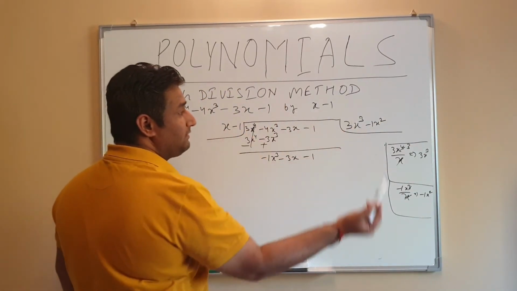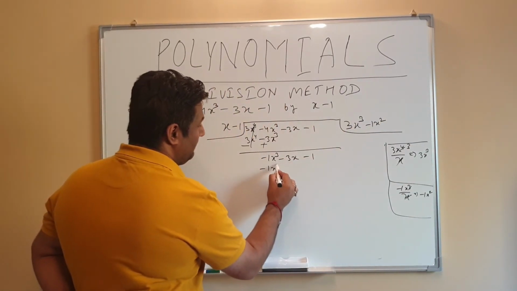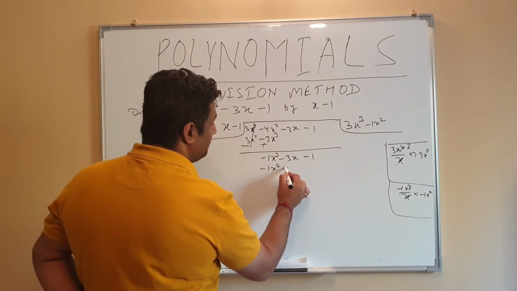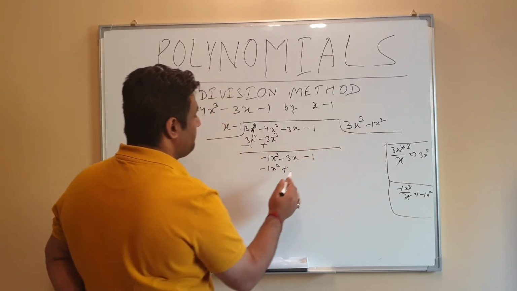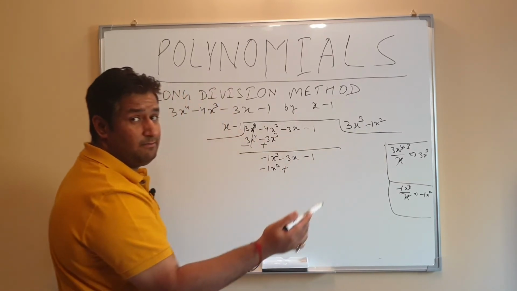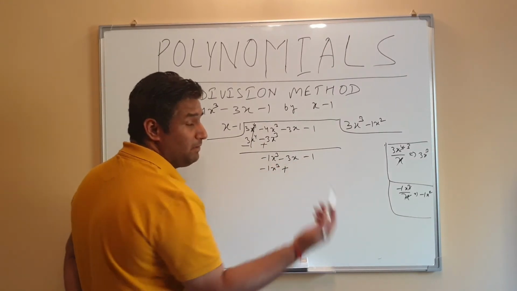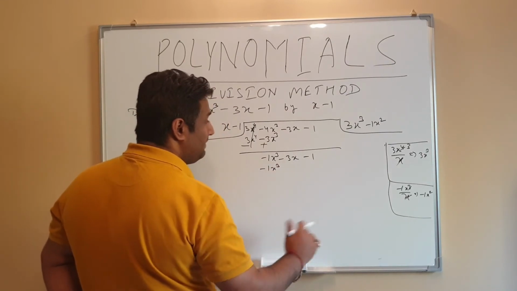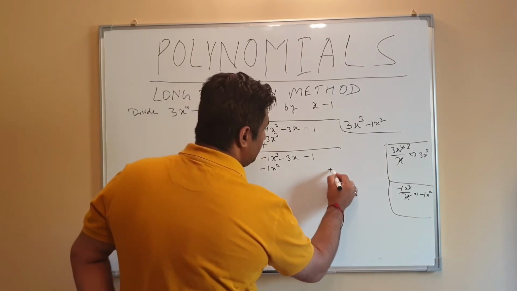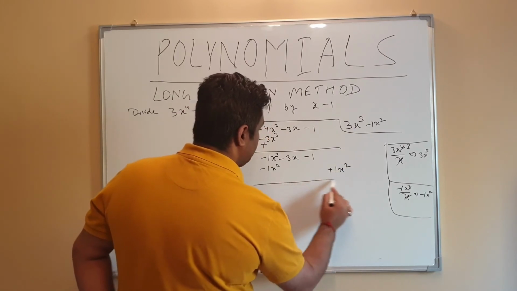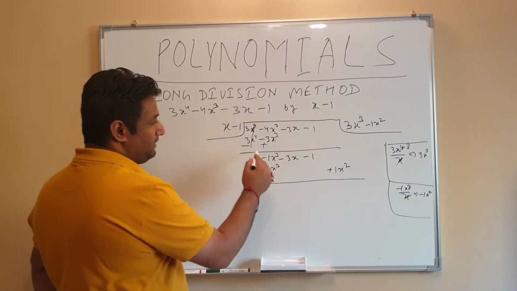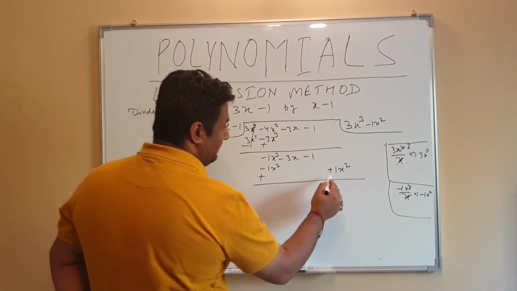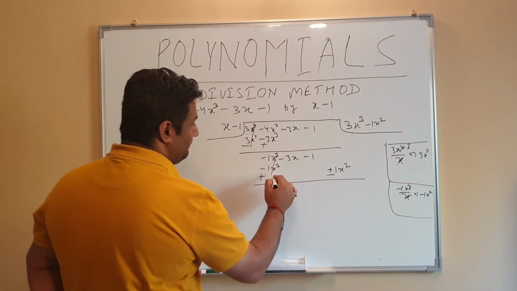Now x into negative 1 x square will get negative 1 x cube. Negative 1 times negative 1 x square, negative is positive. So now negative 1 times negative 1 x square will be positive x square. Now you cannot see a x square term out here, so you have to just write this term secluded. We'll just write positive 1 x square like that. Okay, now if you see these two terms are equal, so we'll just put a positive sign, and here we'll put a negative sign. So this term will get cancelled.